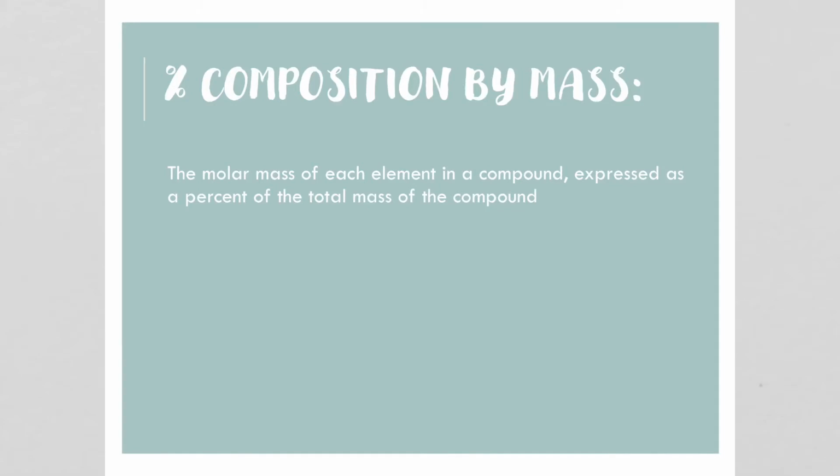So finding the percent composition by mass is a little bit more tricky because you have to account for the molar masses of each of the atoms. So the first thing that we would need to do is find the molar mass of the compound and then the molar mass of each of the elements within the compound. So if we were to take a look at water again,